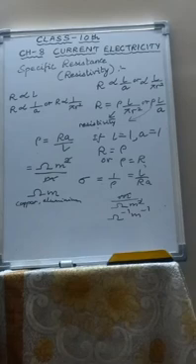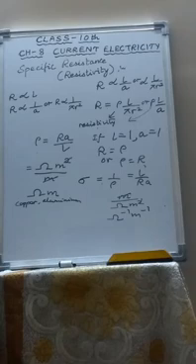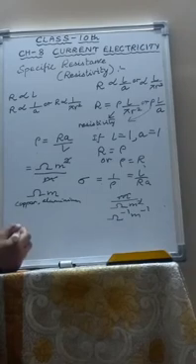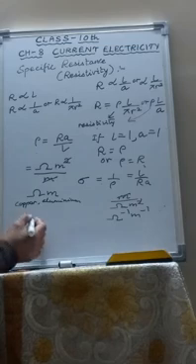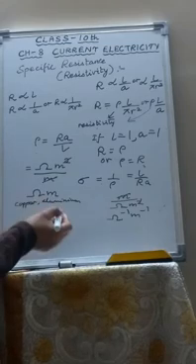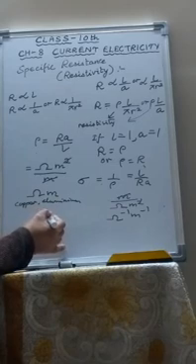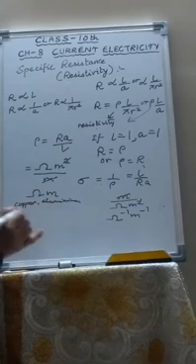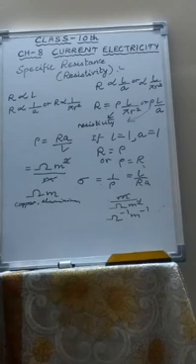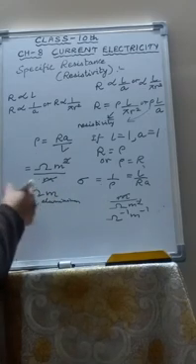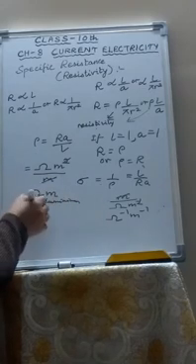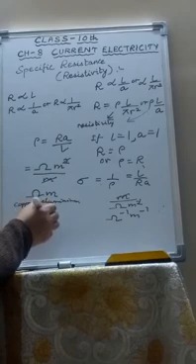Fuse wire is made of an alloy of tin and lead because its melting point is low and specific resistance is more. Filament of electric bulb is made of tungsten because it has a very high melting point. It will not melt. And the heating elements of appliances such as heater, toaster, oven are made of high resistance wire so that they do not pass on the current. They become red hot and start giving heat. So nichrome wire is used for these purposes.